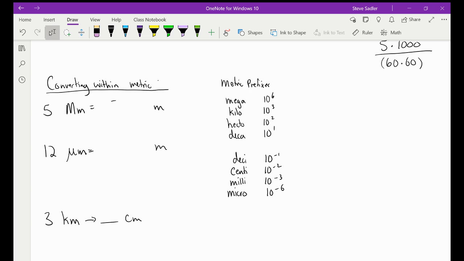So what that means is if you have 5 megameters, that big M means mega. How many meters is that? Well, we see that mega is 10 to the power of 6. So that's 5 times 10 to the power of 6 meters. That's what mega represents, like megabytes or megapixels